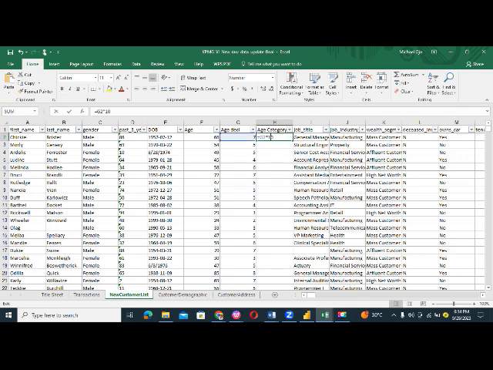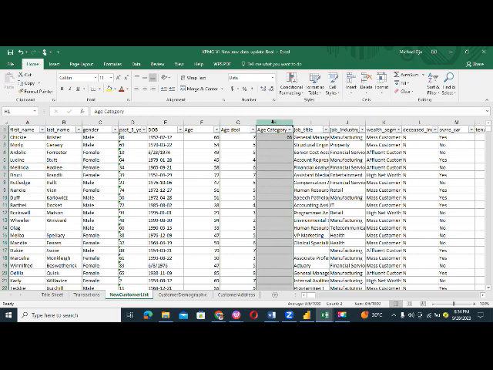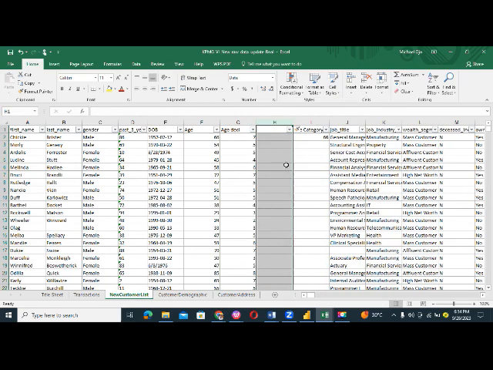Oh, it's giving us that. Let me see if I make it general, and no, this is not what we want. And that's one thing I like about Excel. Excel gives me this indicator a lot. But what I'll do is this: I will copy all of these guys, Control C. I'll copy this. I'm going to insert a new one, or wait. Let me press Escape. So I'm going to insert a new one, and then I'll copy all of these guys, and I'll come here